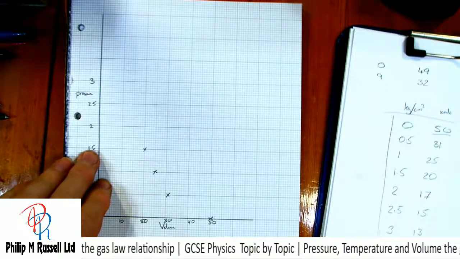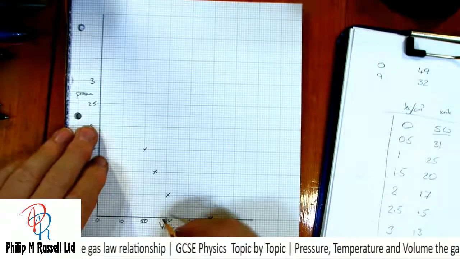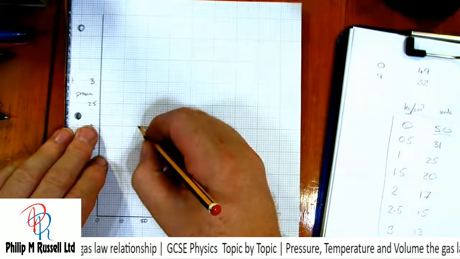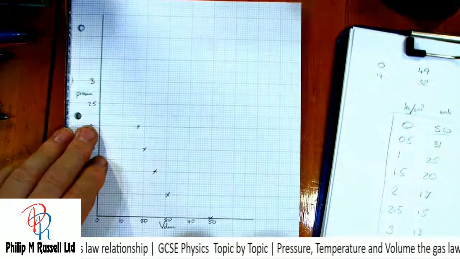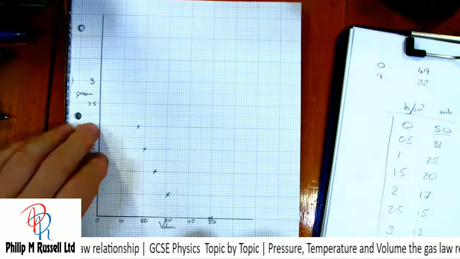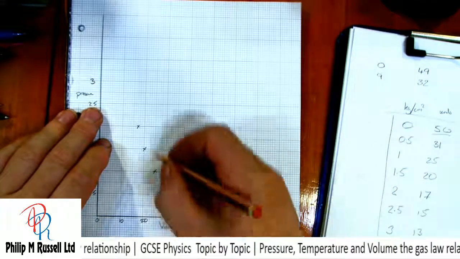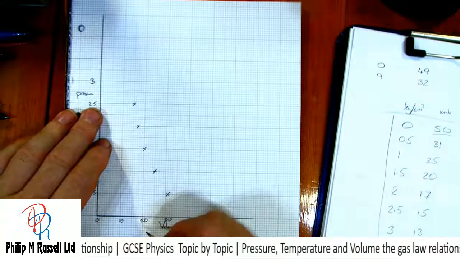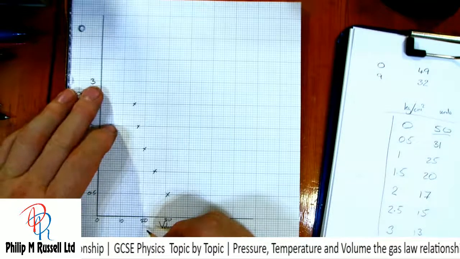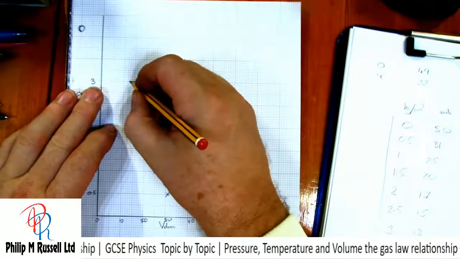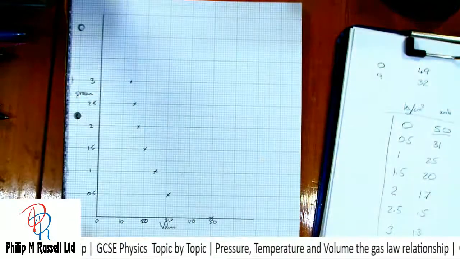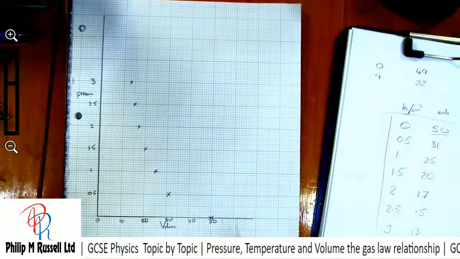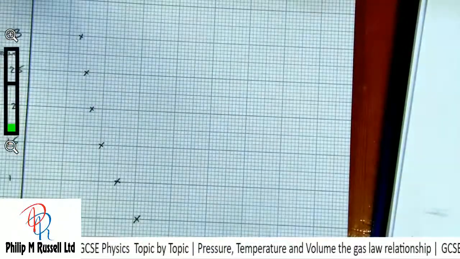When we went to 2, it came down to 17. 2.5, we went to 15, and finally at 3 we went to 13. And that gives us our little graph that we can try and